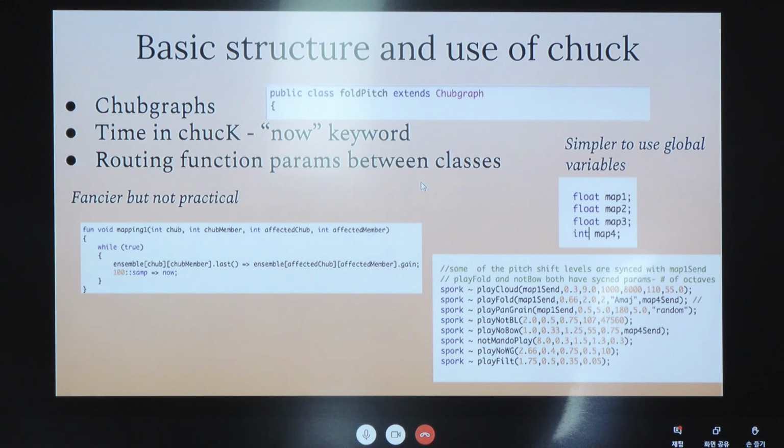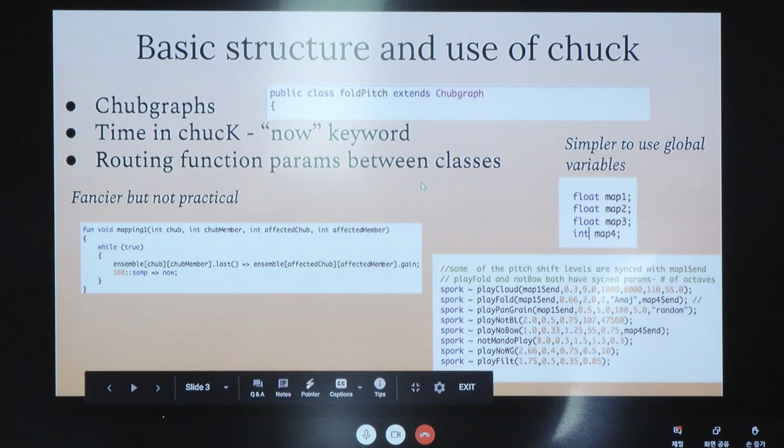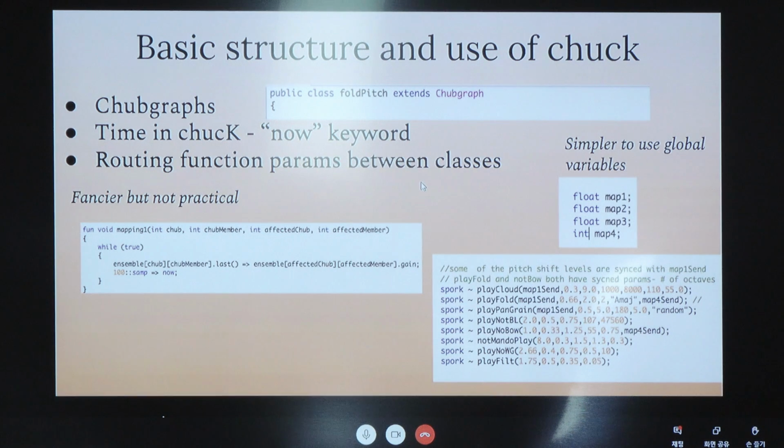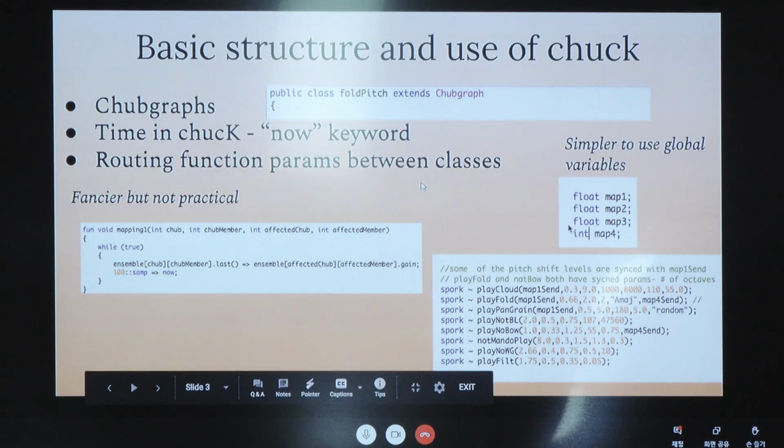One of the big features that I'm working on with this environment is also creating kind of interdependency between instruments so that they become less just kind of an ensemble and more of an environment. In the paper, I mentioned this mapping function that I have here on the left. That turned out to be way too fancy and not especially practical, and I found a much simpler way of just using global variables. I don't know how familiar people are with chucK or computer music programming, but